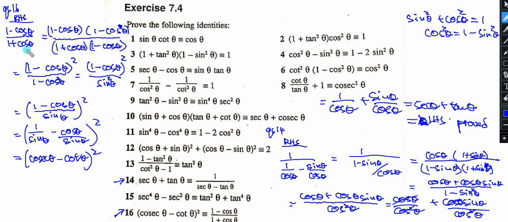Okay, so now, the same thing exactly like what I did over here. This is 1 plus cosine theta. I'm going to multiply 1 minus cosine theta on the numerator and the denominator. So what happens is the numerator becomes 1 minus cosine theta, bracket squared, since this and this are the same. The denominator is a plus b, a minus b, so it becomes 1 squared minus cosine square theta. But from the identity,